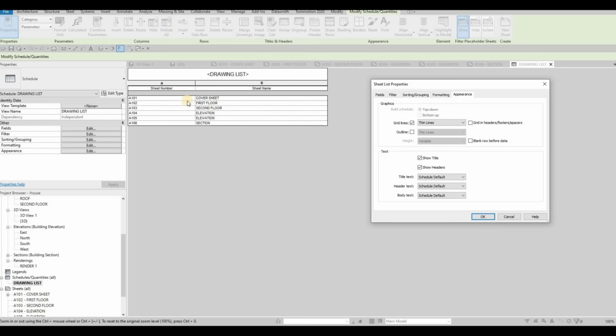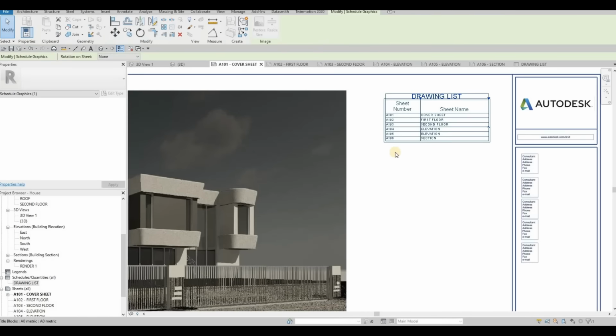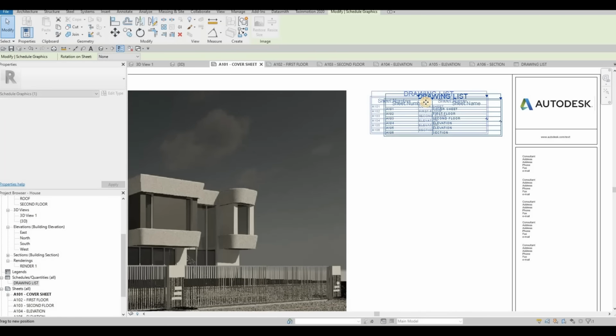and then I want to make the text bigger on all of this. So here for the title, I want it to be 8. For the header text, I want it to be 6, and then for the body, I want it to be 4. Press OK, and then go to cover sheet, and then as you can see, you just need to drag it so that you could change the